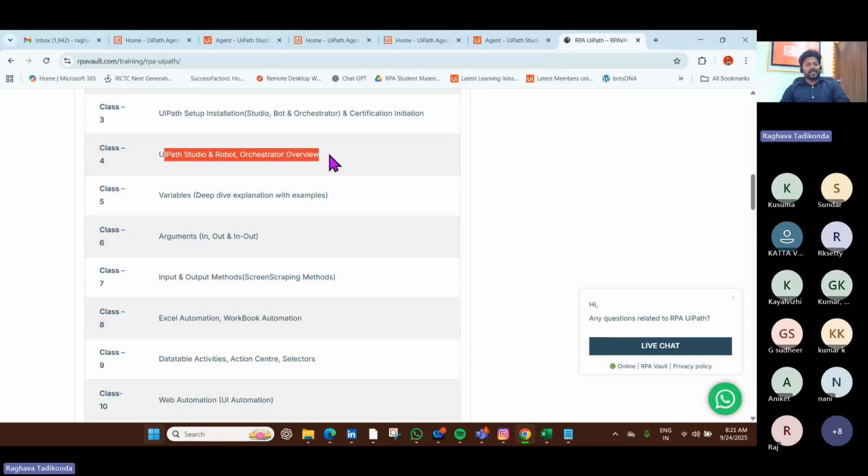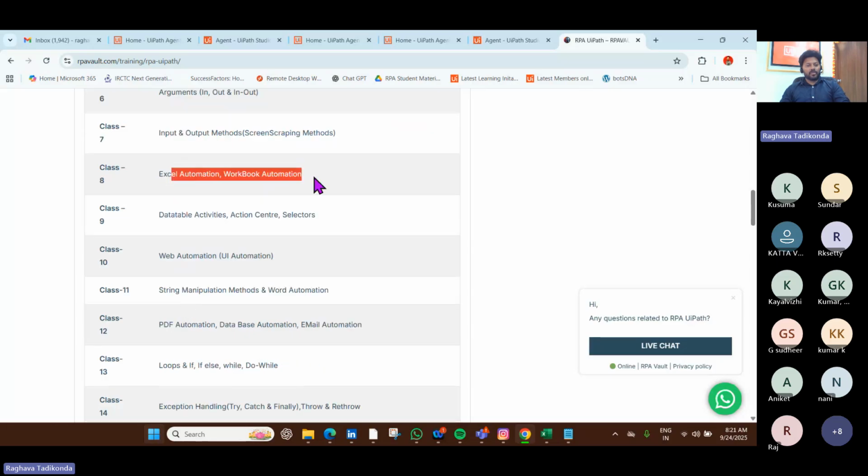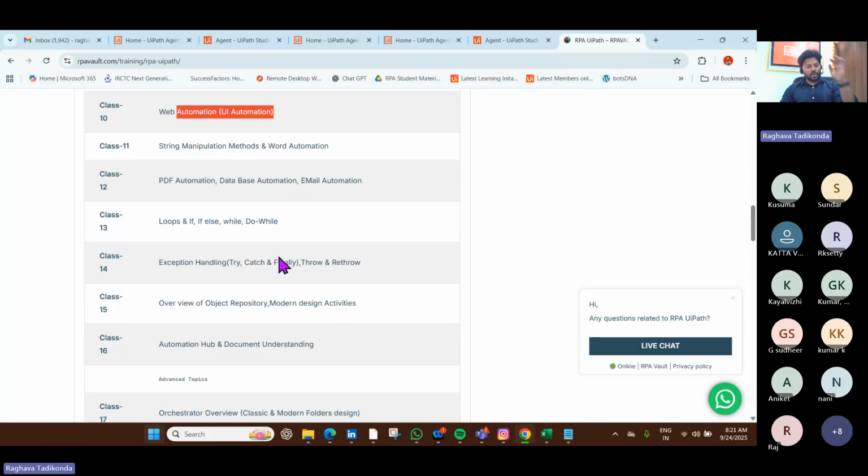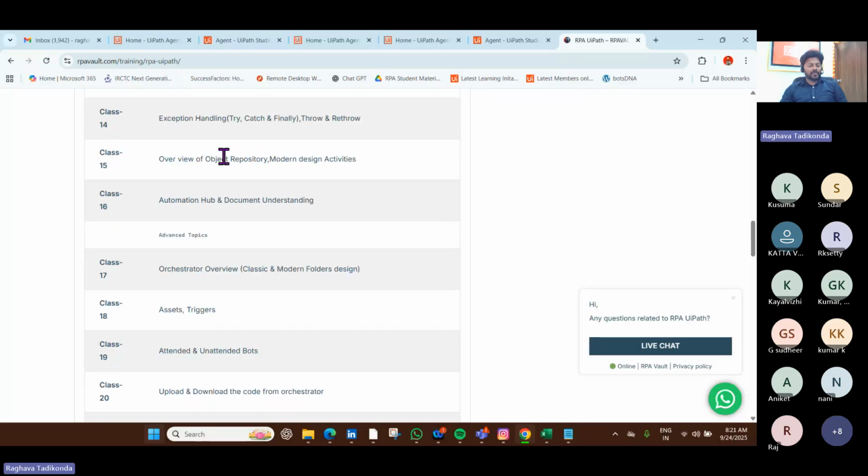Okay. And then we'll start with very basic classes like what is UiPath Studio, what is Robot, what is Orchestrator, which is traditional automation. And then we'll start with very basic classes like variables, arguments, input and output methods. And then we'll start with Excel automation, workbook automation, data table activities, action center, what are the selectors, UI automation, string manipulation, word automation, PDF automation, database, email, control flows, loops, exception handling, object repository, modern design activities, automation hub,